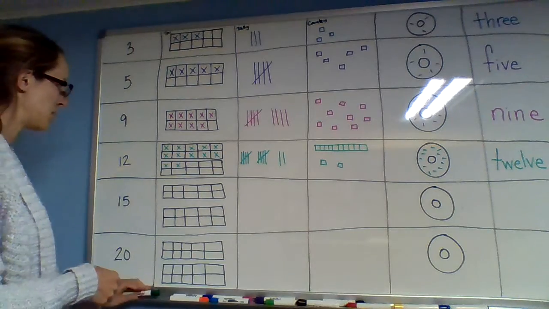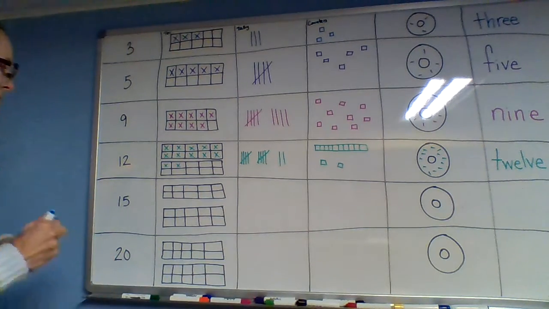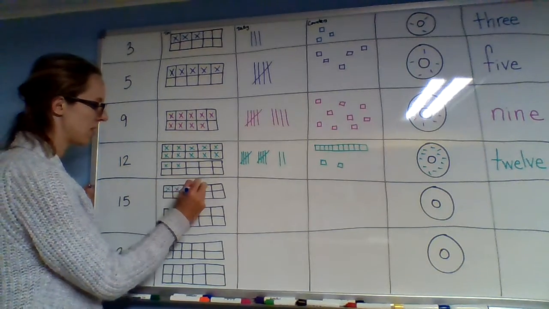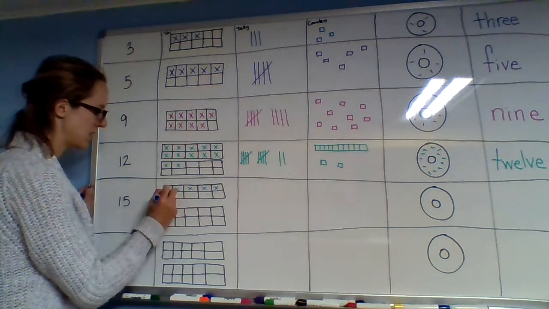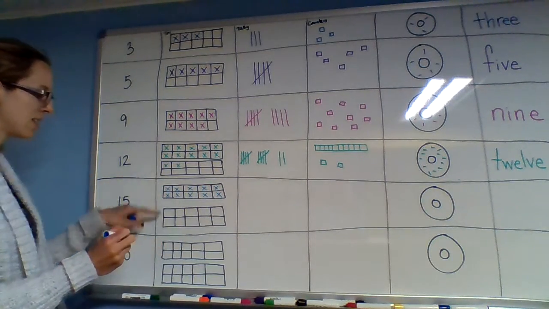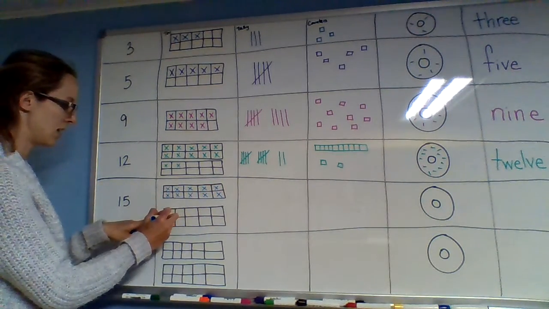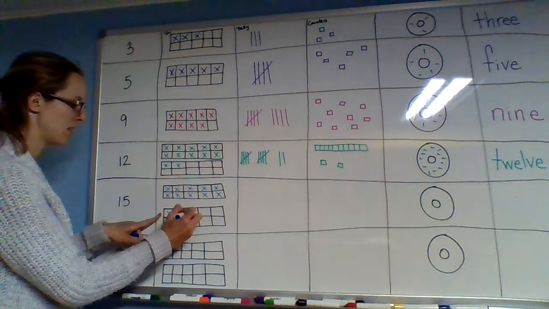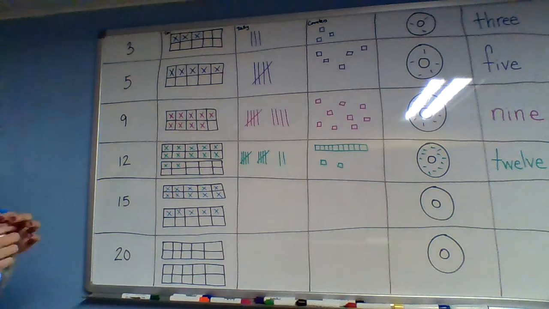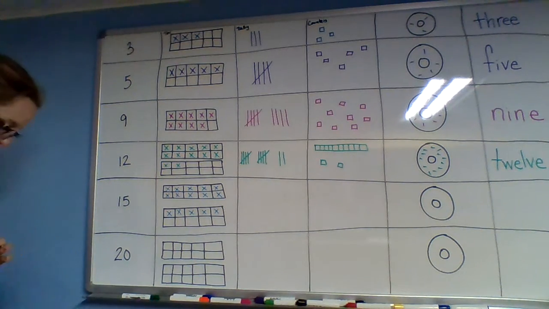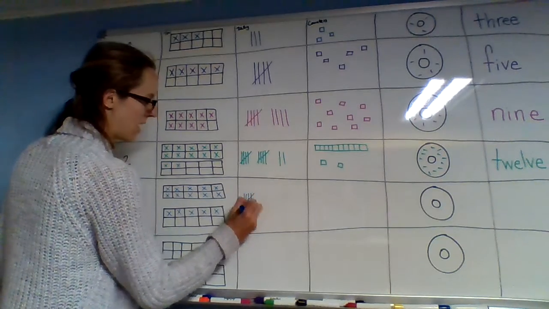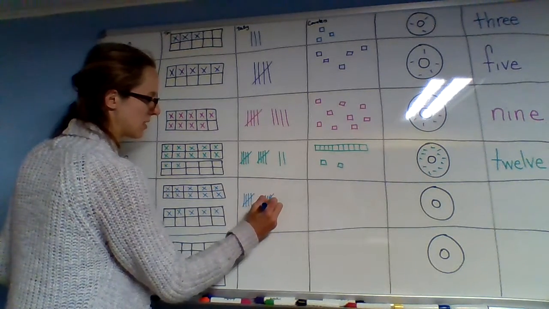15 is even bigger than 12, so let's see what we need to do. We need 1 whole 10 set. 1, 2, 3, 4, 5, 6, 7, 8, 9, 10. And then in the next 10 set, I need some more. 11, 12, 13, 14, 15. When I count with tallies, I can get to 15 by counting sets of 5. So I could go 5, 10,